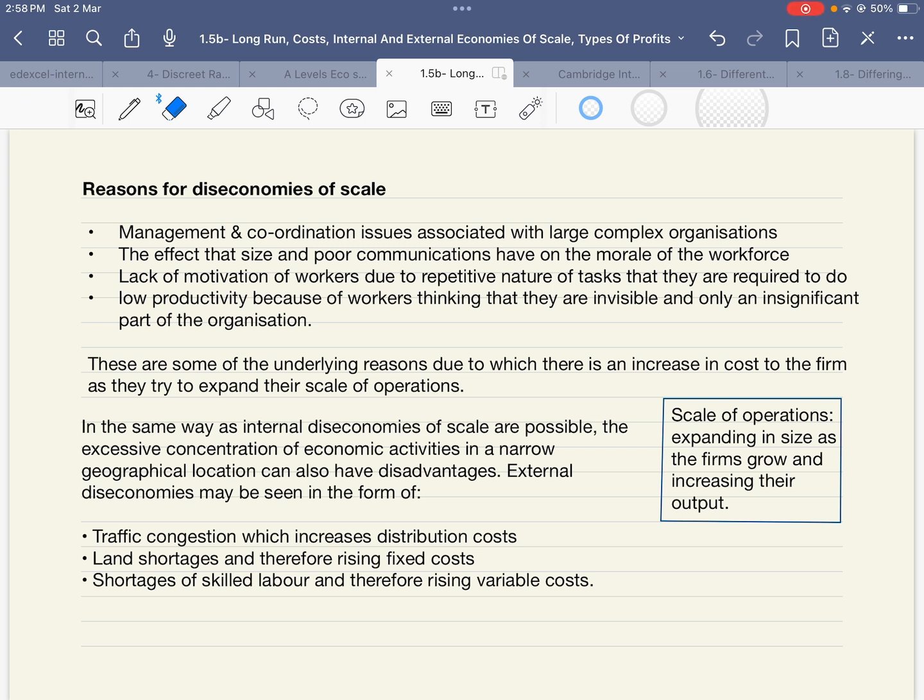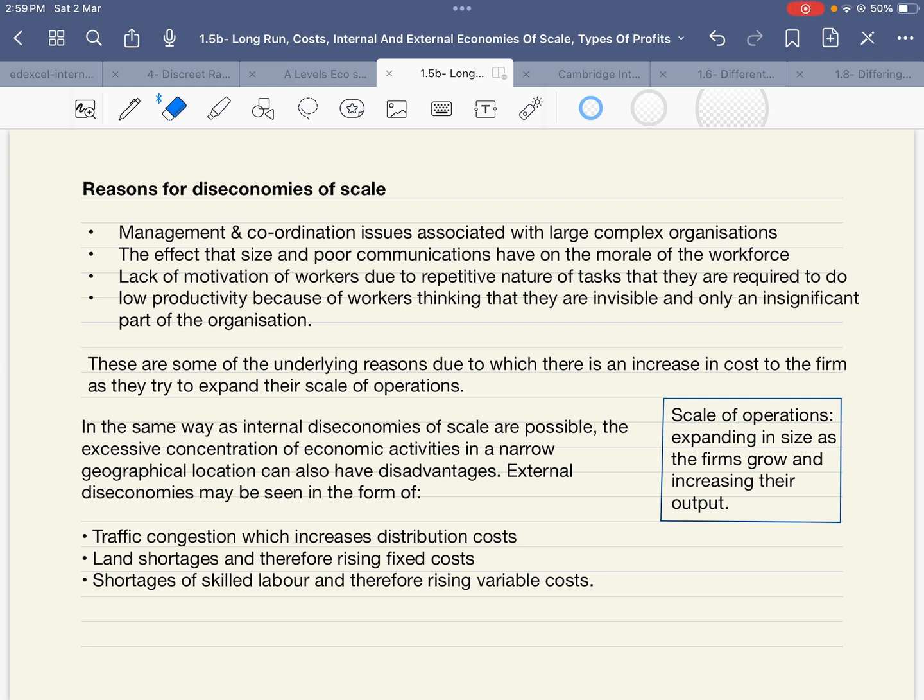Another issue is timely coordination. Communication impacts costs in a way that poor communication can compromise the morale of the workforce. As the morale of the workforce comes down, productivity also comes down. Individual productivity impacts overall productivity of the organization. As the productivity of the organization comes down, costs start increasing.